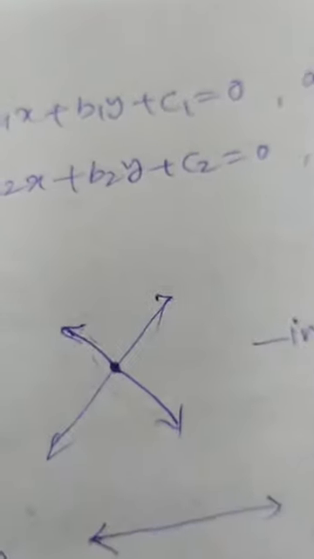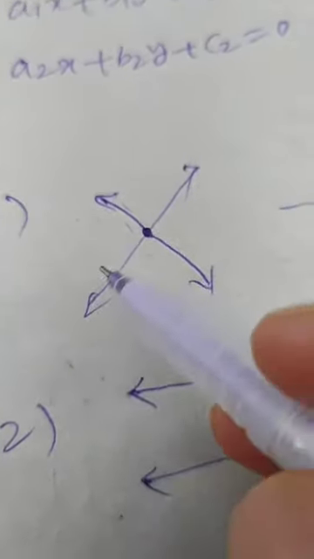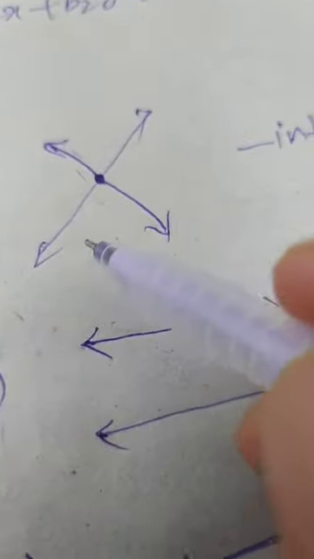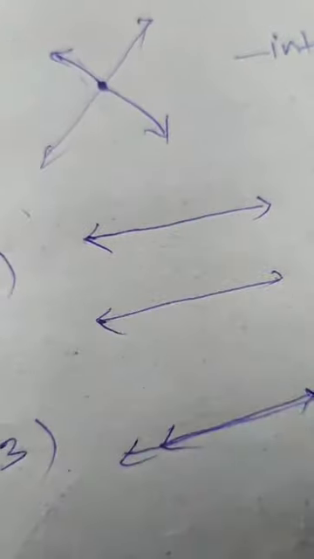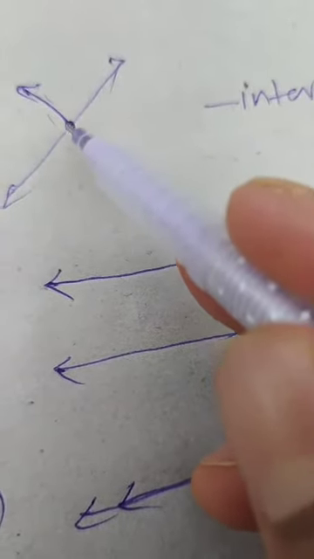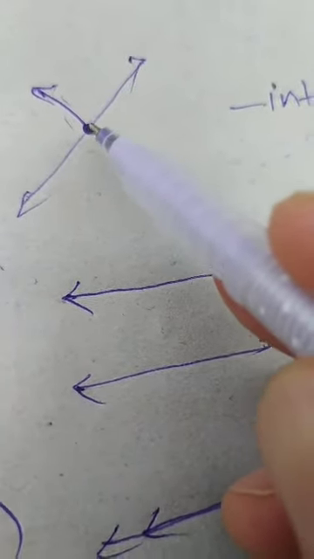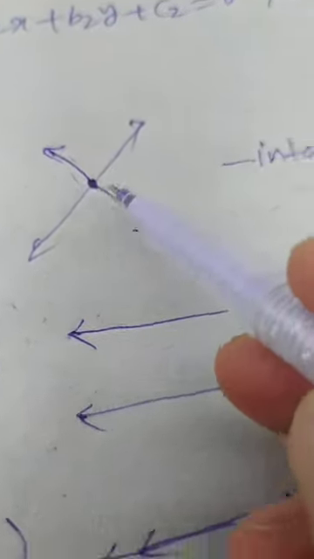So when you draw a pair of linear equations in two variables, you will get two straight lines, and graphically they may intersect at one point or they may be parallel. If they are parallel, even if you extend the straight lines, they will not meet anywhere. And in the third case, one line may be lying on another line. See, when two lines are intersecting, you get one intersecting point. That point is called the solution of the equations. These two equations have one solution. So in this case, you will get one solution.